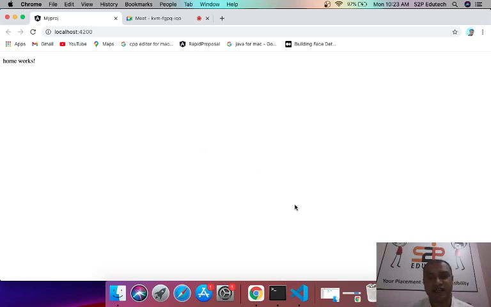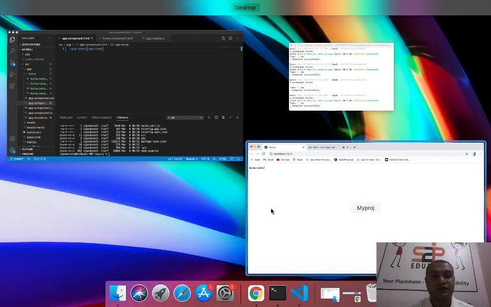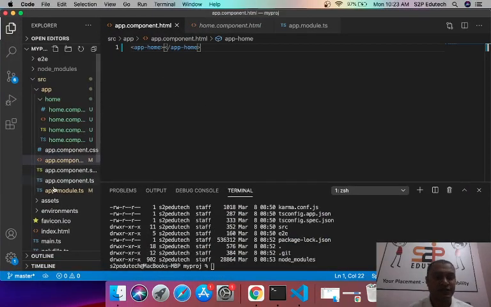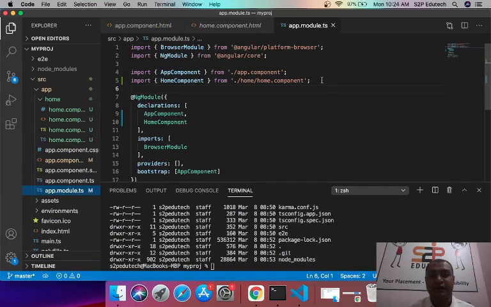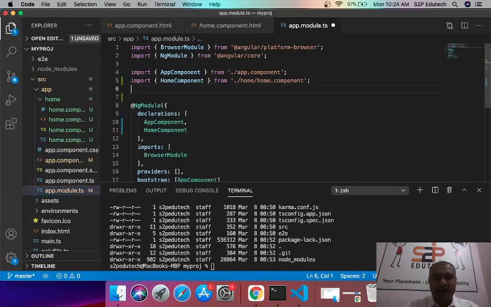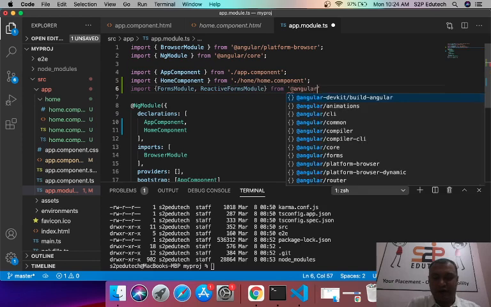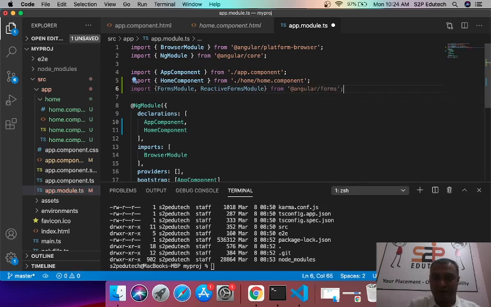Now for using reactive forms, the very first thing that we need to do is import a few modules, right? As you are aware, when we used forms, we imported forms module, right? For reactive forms we would import forms module, and we would also import reactive forms module from @angular/forms, right?